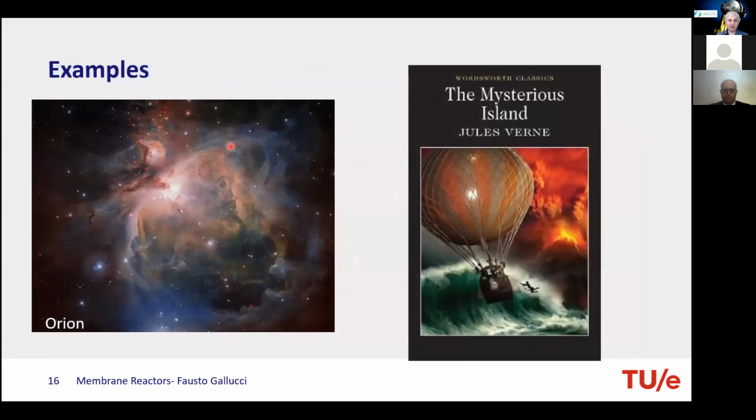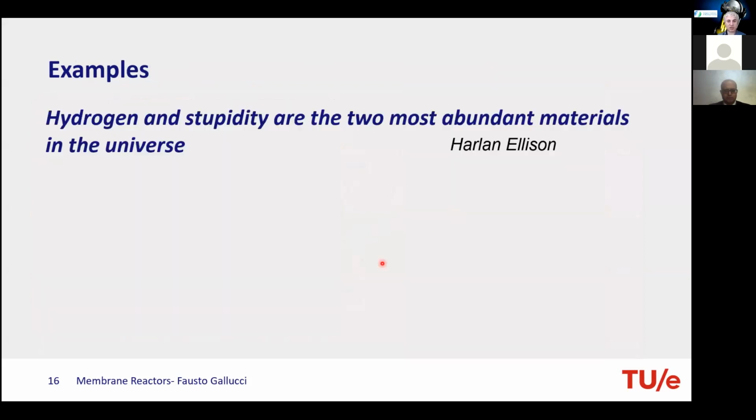Now, let me give you two examples for today, and these two examples are related to these two pictures. One is Orion, and the other one is a very famous book of Jules Verne. And if I take this in sentences, I will use these two sentences. The first one I like a lot, which is the following: hydrogen and stupidity are the two most abundant materials in the universe. And I want to add that hydrogen is not concentrated on Earth. And the second sentence,